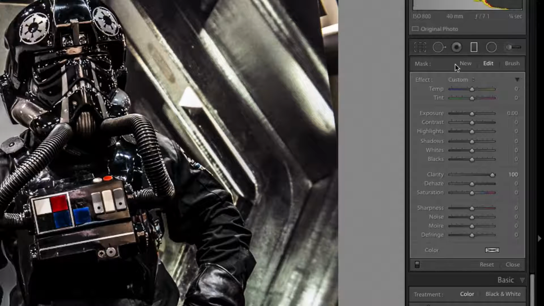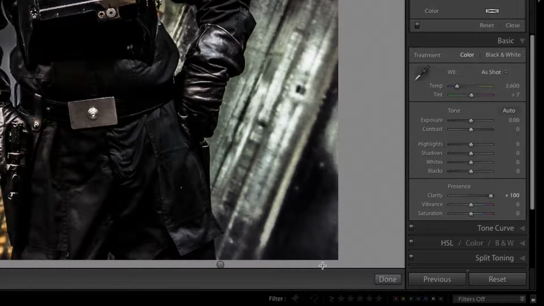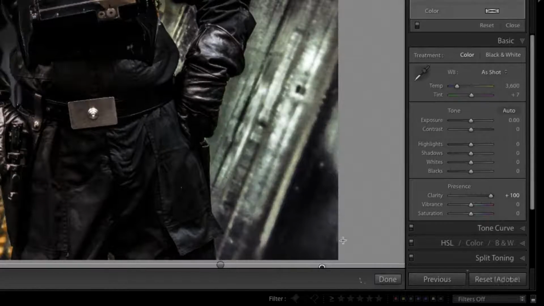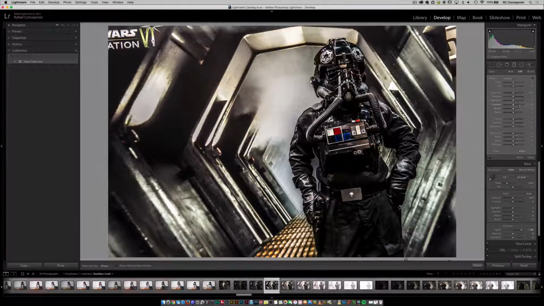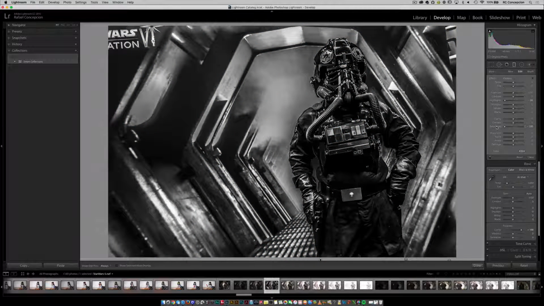Now, if I want more, click on new, click down here, hold on the shift key. I'm going to reset this effect and 300. So super clarity. Now I'm going to go over here, click on new again. I'm going to put one more down here. I'm going to reset this effect, and this one's actually going to be a highlight drop and a saturation drop. Now in no time flat, I've been able to make a cool black and white,